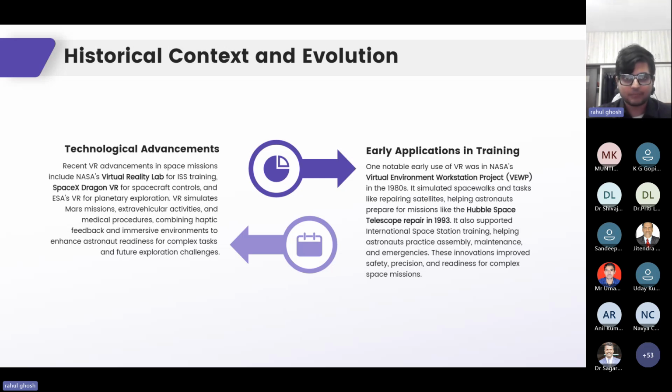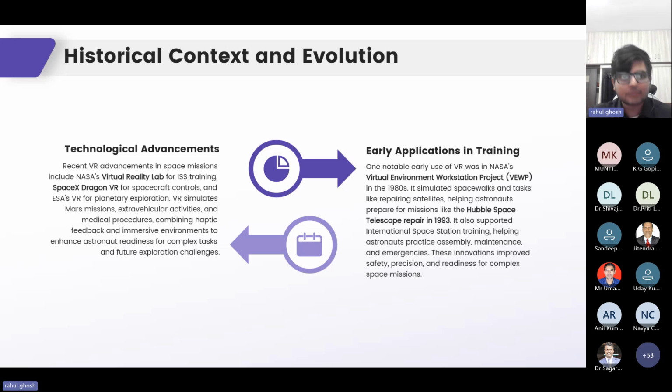So this is one of the technologies that was used, ESA virtual reality for planetary exploration. It has been used for simulating Mars missions, extravehicular activities,